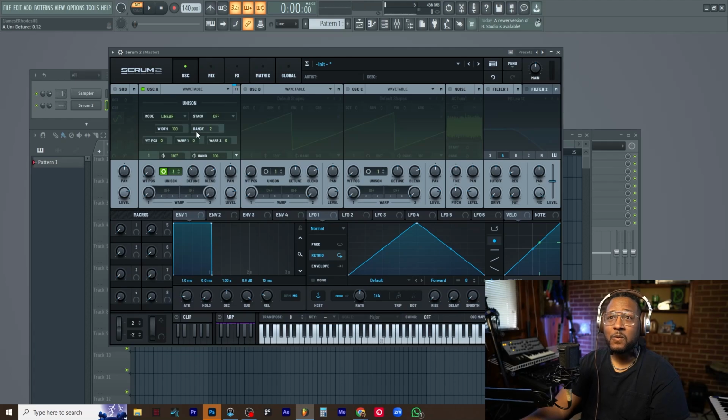And also the range is like 2. So you know how pitch bend has a range of 2 semitones? You can do that there. We're not going to mess with that right now. Not quite yet. But as you can see, if I go up to 4 or 6,